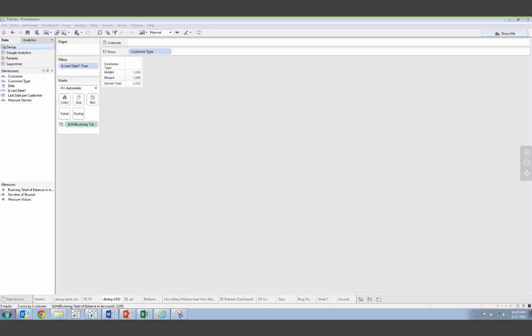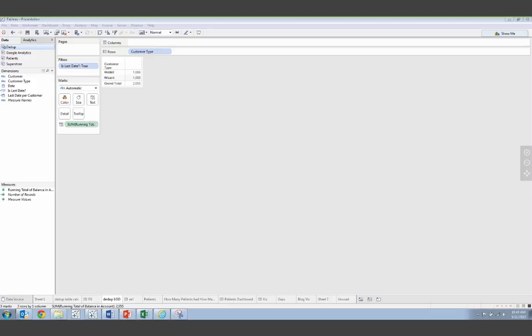So something like ranks or percentiles, or if I want to know the top N% of my customers, you have to be able to order all of your customers to figure out if they're in the top N%. So something like that would need a table calc. Again, if you want to find the first date of purchase of a customer, that's just the minimum, so you can figure that out with an LOD calc.